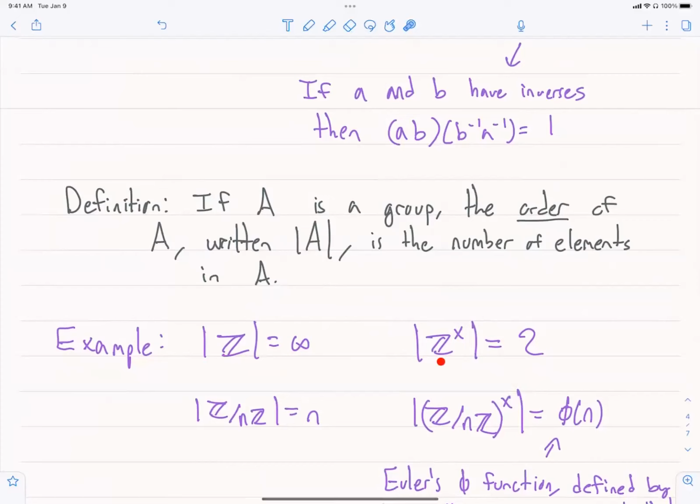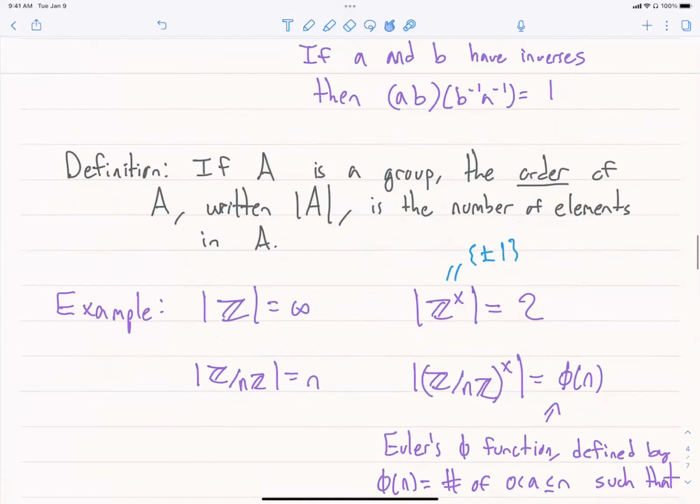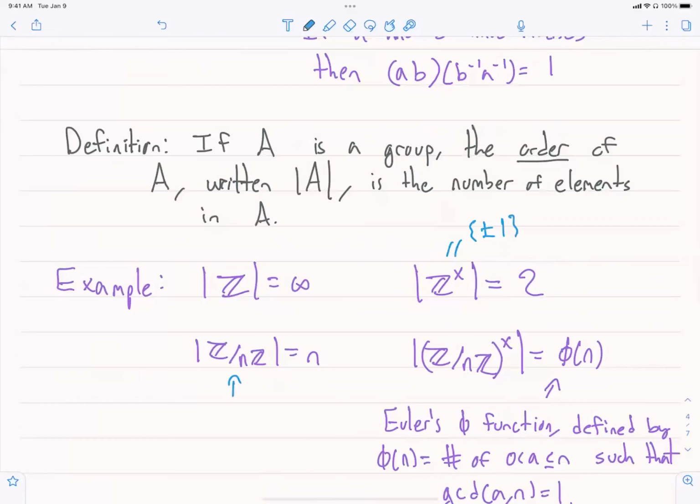But if I look at the invertible elements in the integers under multiplication, Z cross just meant plus or minus 1, the set of invertible elements in the integers. Well, plus 1 is an element and minus 1 is an element. So there are two things there, so the size of Z cross is 2. The size of Z mod nZ, here a group under addition,